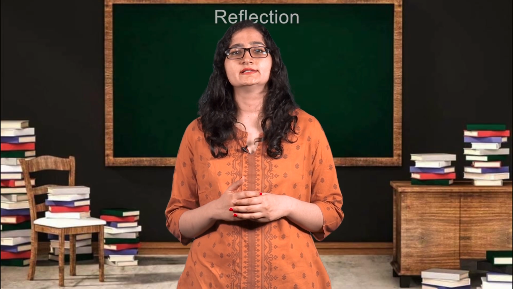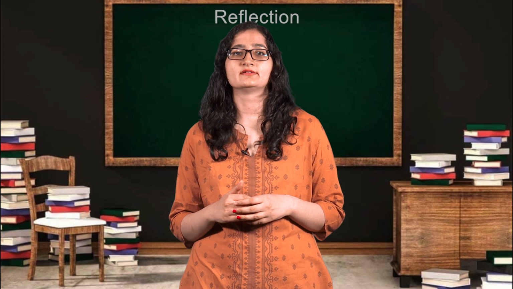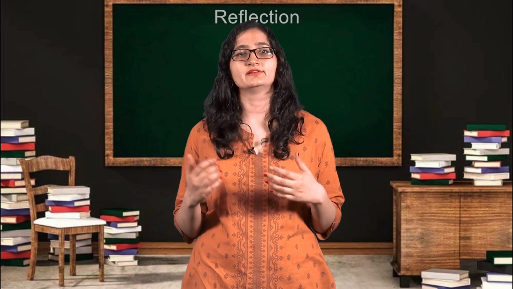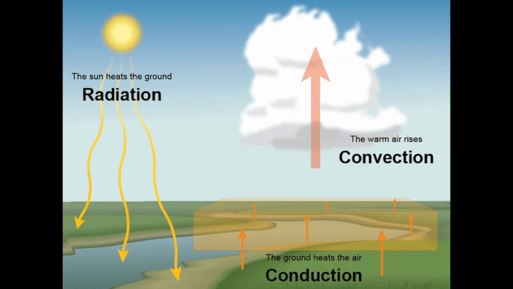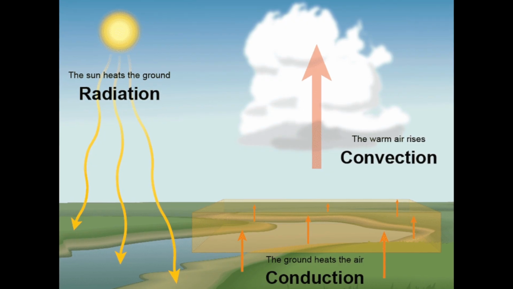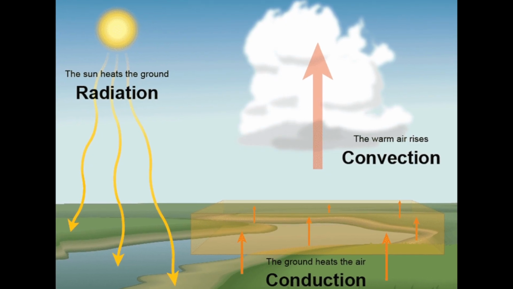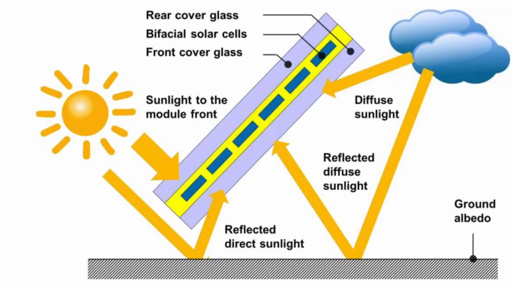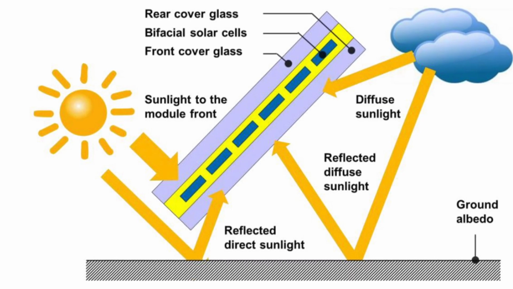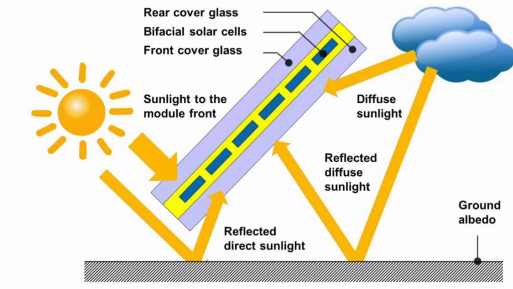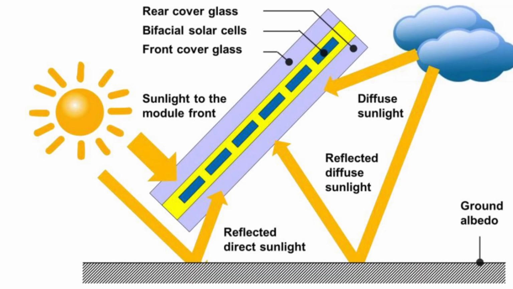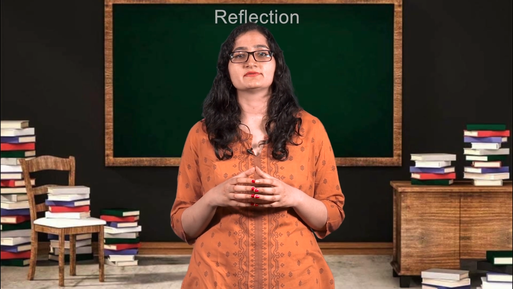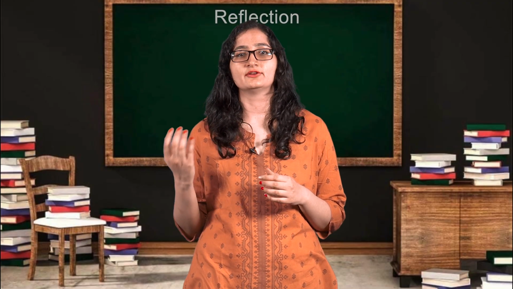A part of the incident radiation falling on any surface is reflected back. It is called the reflected light. Thus, a certain amount of energy is lost and it does not play any role in heating the atmosphere. The reflectivity of a substance, usually expressed as a percentage of the incident radiation reflected, is known as its albedo or the reflection coefficient. It differs from place to place as well as from time to time in the same locality.